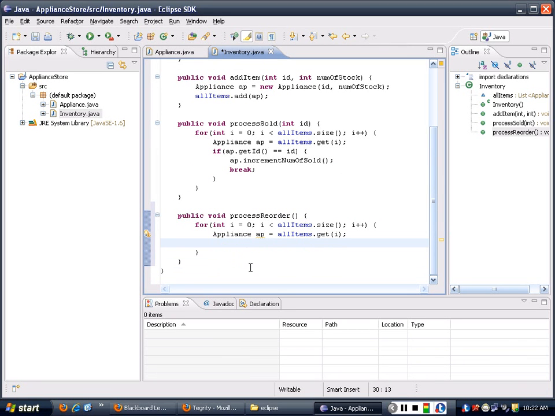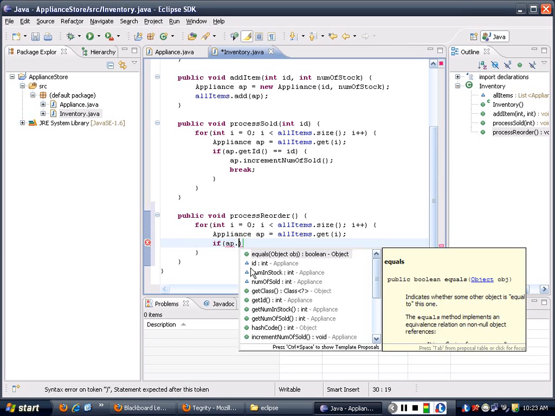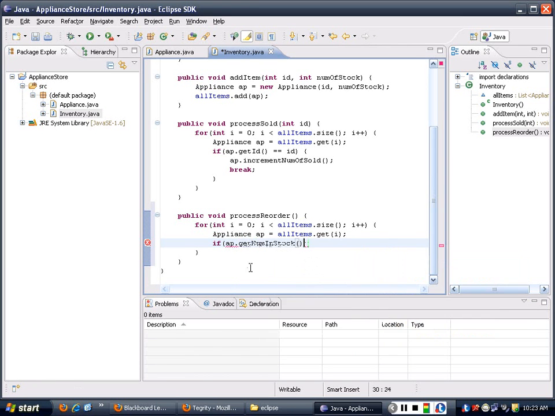And what do you need to do? What you need to do is focus on the logic here. There are 3 guidelines for each appliance which is sold out. So what you need to do is translate the plain English in the description part into the program. So what do we mean by sold out? It is 0 appliance in stock, which means if this ap.get num in stock is equal to 0,